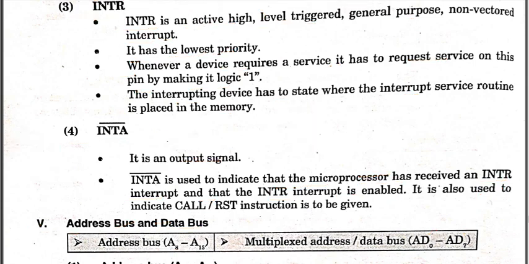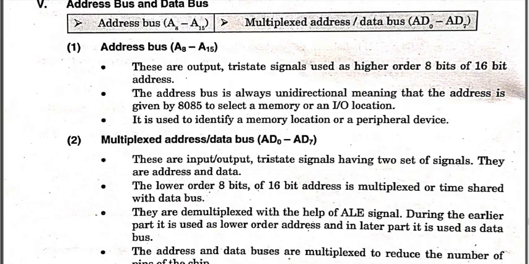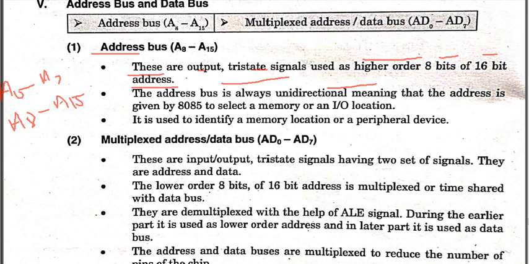First we'll see the address bus A8 to A15, which is the higher bit address bus. These are output signals that are used for the higher order 8 bits of the 16-bit address, which means A0 to A7 is the lower bit and A8 to A15 is the higher bit category of this address bus. So the address bus is always unidirectional, that means the address is given by 8085 to select the memory or